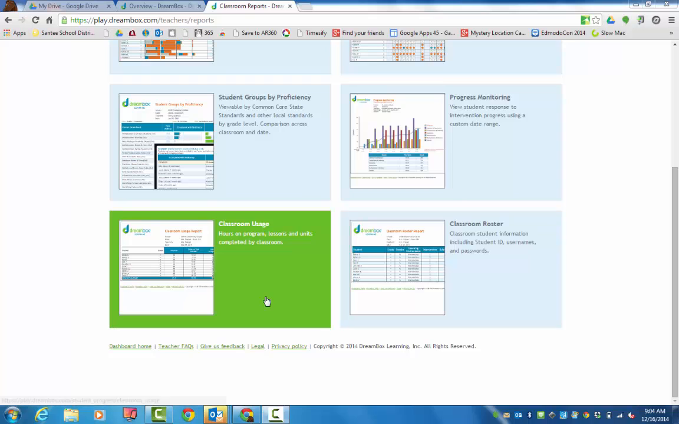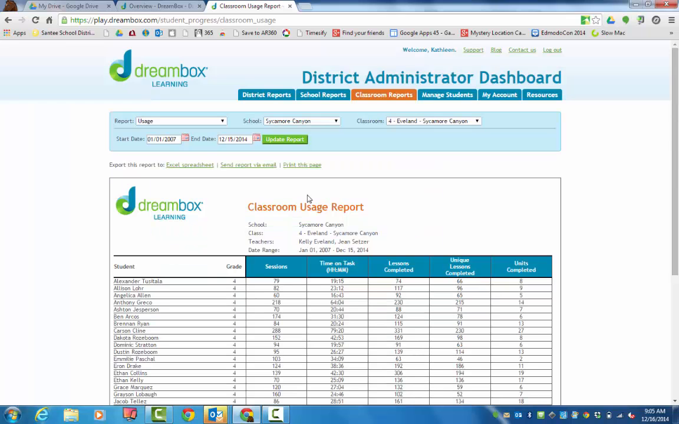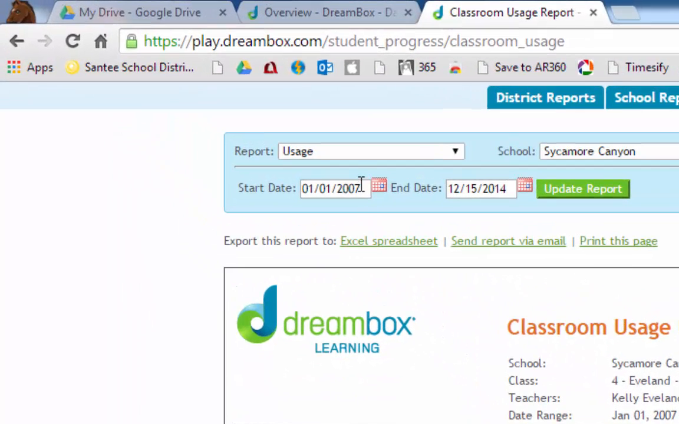Your classroom usage report is really useful to you if you want to see if your students are completing the amount of lessons that they need to get through their grade for the year. However, when you get there, you'll see that the date is 2007. So I'm going to change that to 2014. I'm going to change it to